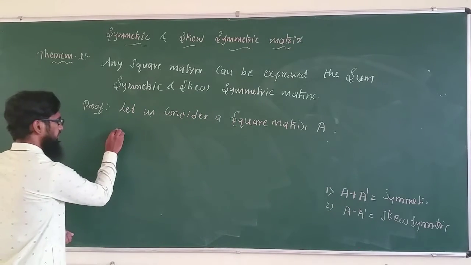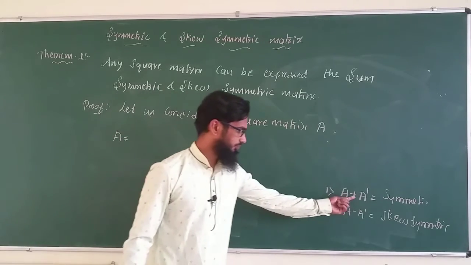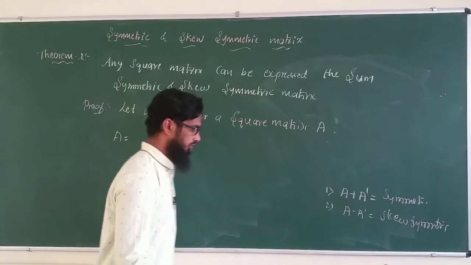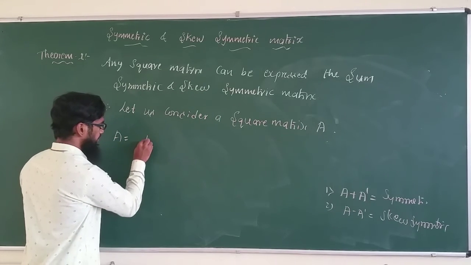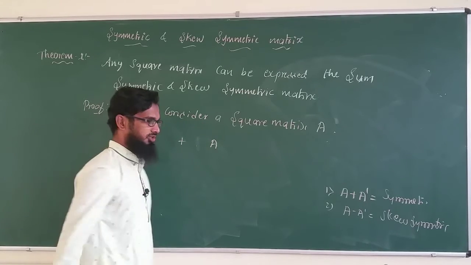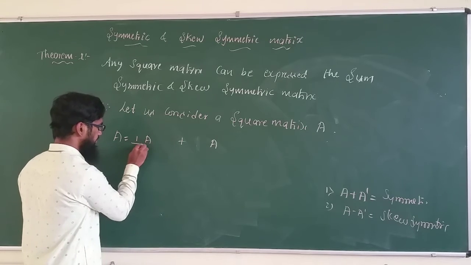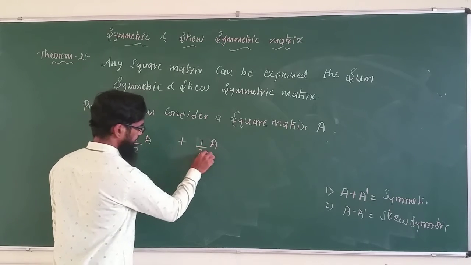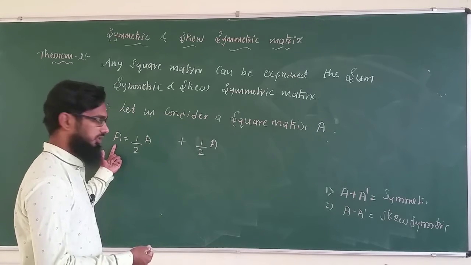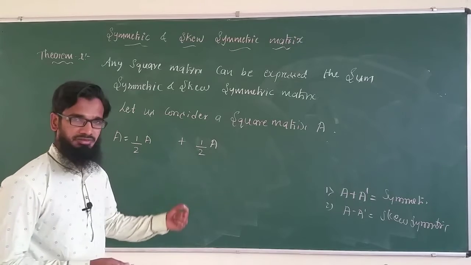From this I can just write this A as what? If I take only this equation, it's a sum of A plus A dash, A minus A dash. A simple thing: A plus A is something like 2A. So to make a balance here, I have to divide by half for both. Now we are getting the equation the same. So A, that is a square matrix, I can represent like this also, half A plus half A.